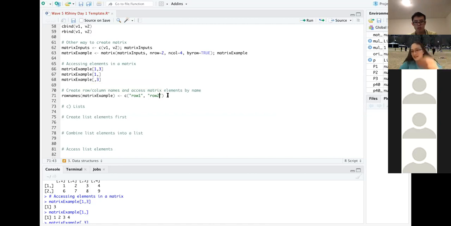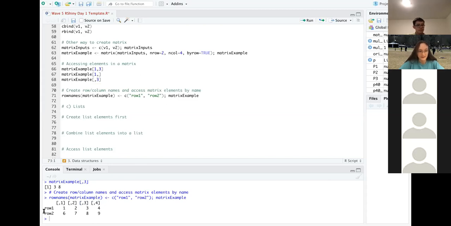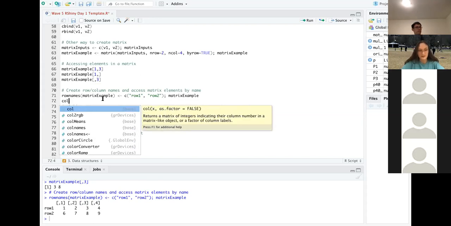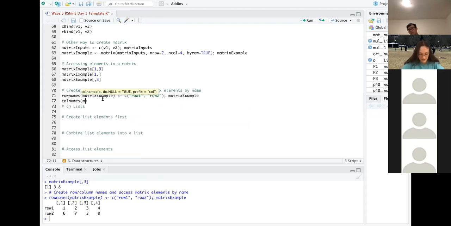You can name it anything you want, like chocolate and vanilla or whatever. And if we print out matrix example now, instead of the indices, they're replaced by row names. A similar thing we can do is with colnames. Col names stands for column names, and it's the exact same thing.